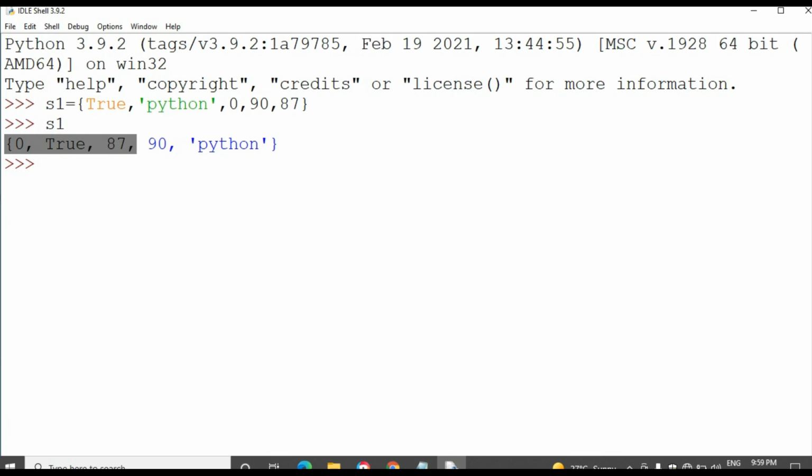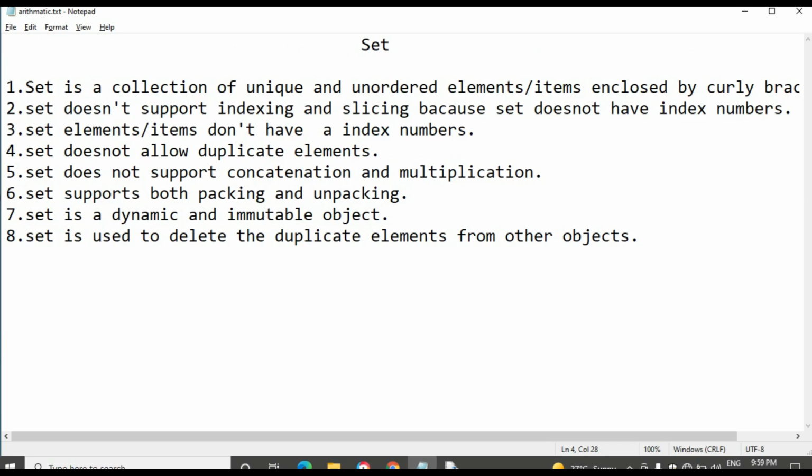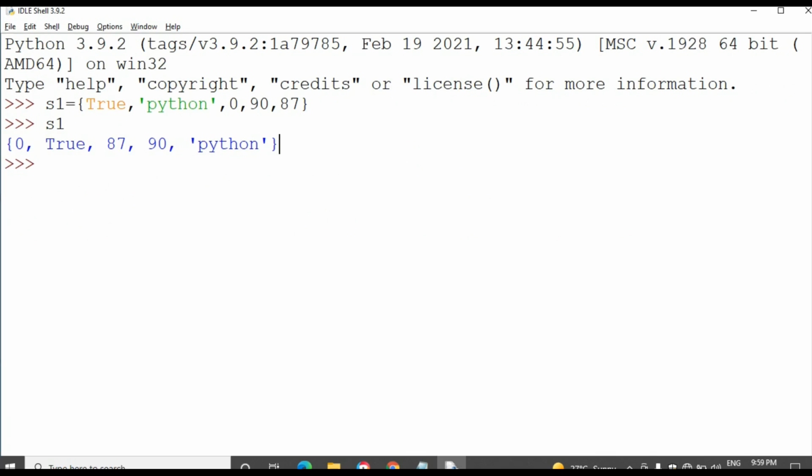I want to print the set of elements. Okay, this is set 1. So a set is a collection of unique and unordered elements.